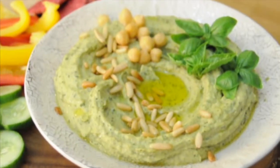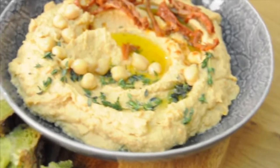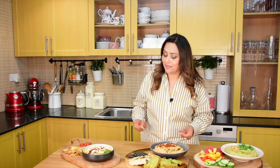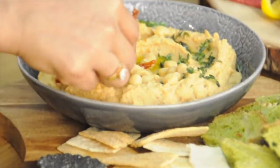Now these are my 3 different variations of the hummus which I made today: the classic, the sun-dried tomato, and the basil. Okay, now let me try the one which I made with the sun-dried tomato. Just